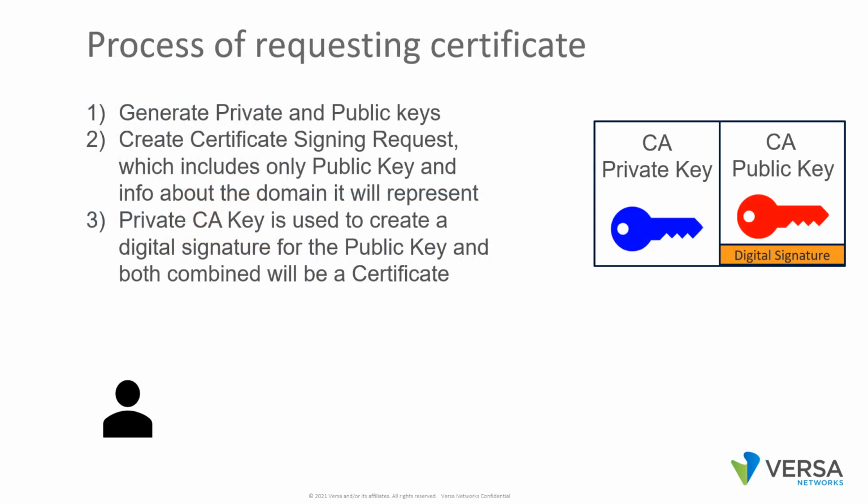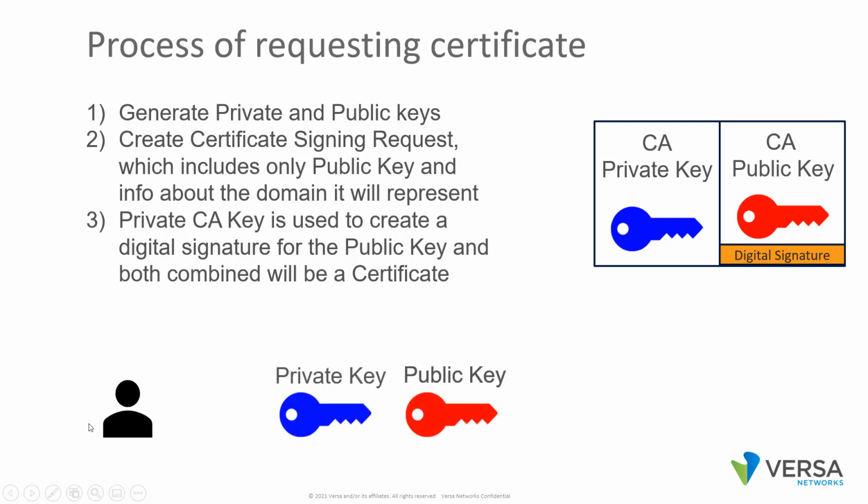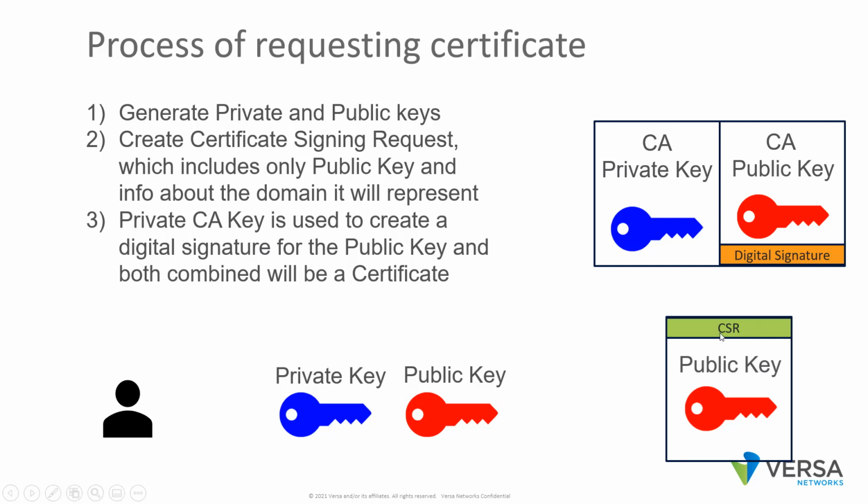Next, the process of requesting a certificate. So let's say that you as the person want to generate a new certificate for your web server. First thing that you will do, you will generate private and public keys for yourself. Then you will send the public key with the so-called CSR, or certificate signing request, to the certificate authority. The well-known authorities can be Let's Encrypt, DigiSign, or actually many others. You as a person will send your public key with the CSR, which will contain information about what is the website for which you want to use it,